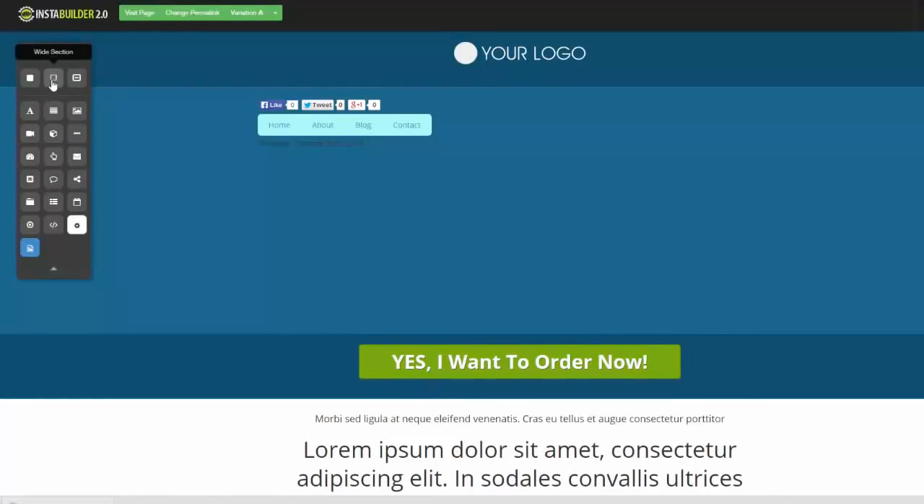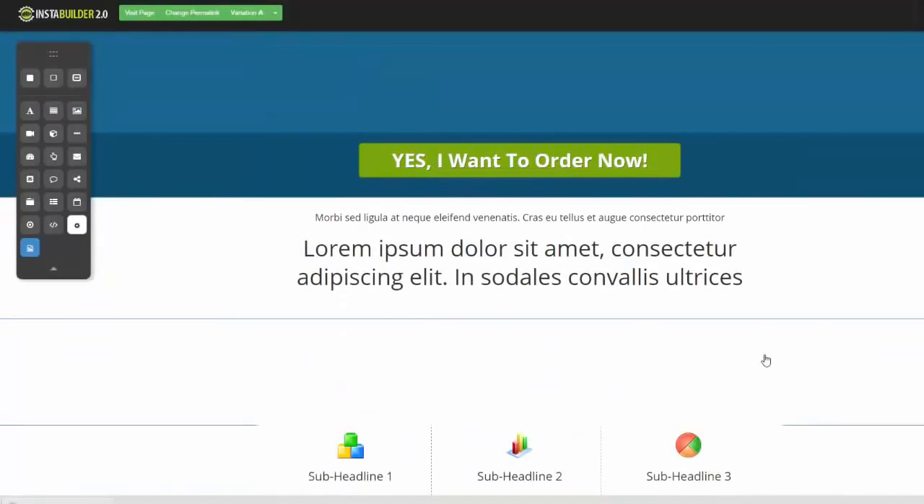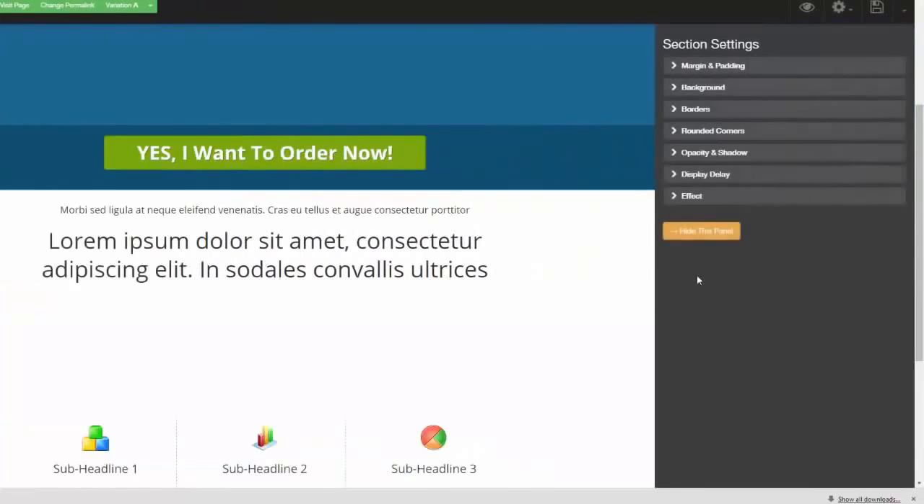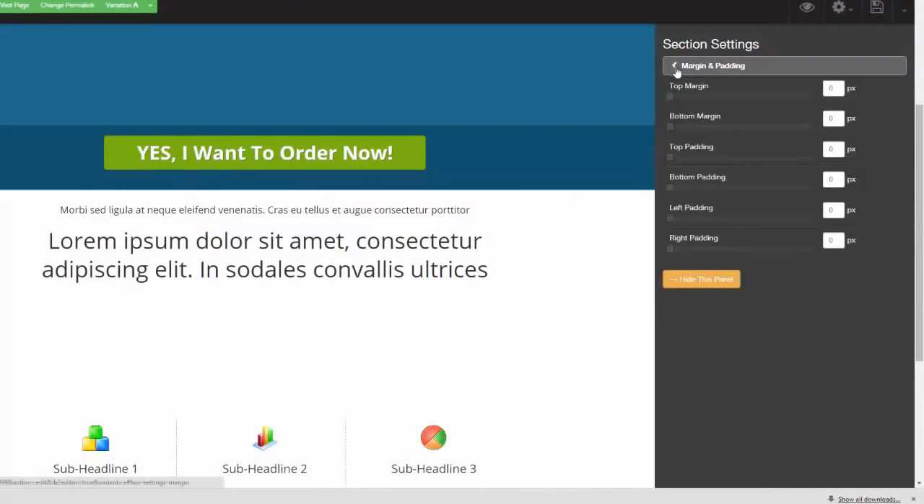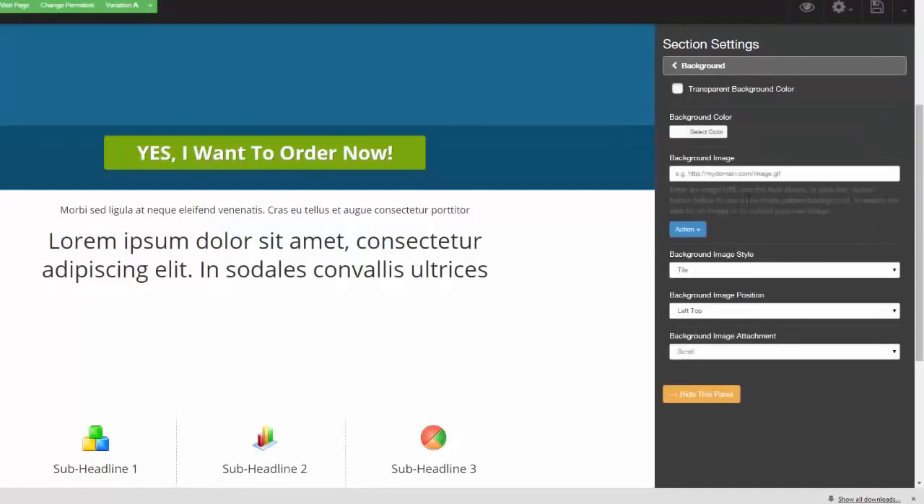And I'm very familiar with the other guys. So if we want to drop in a wide section, check this out. I just now dropped in this wide section. Now I can come over to the properties for that section and I can go ahead and set the margin and padding. Okay, I can set the background, which you're going to absolutely love this. Obviously, we can set a background color, but if I come over here to action, guys, I can go pre-made